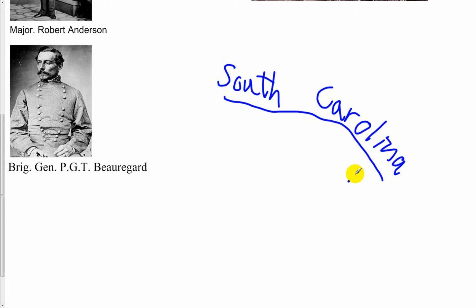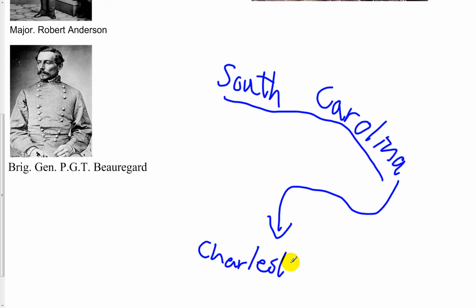And in the harbor, in the city, basically the capital of that state, called Charleston, inside Charleston's harbor. So it's in the harbor of Charleston in South Carolina, which was the first state to secede from the United